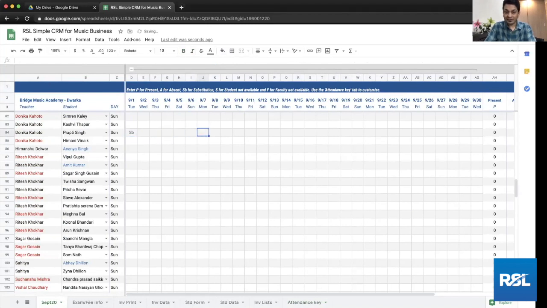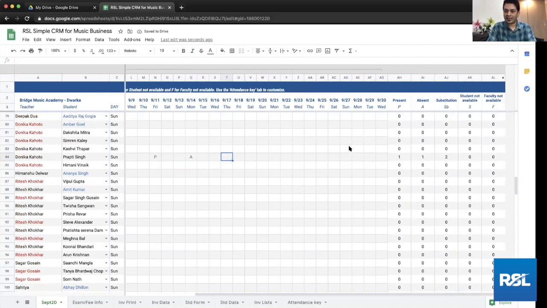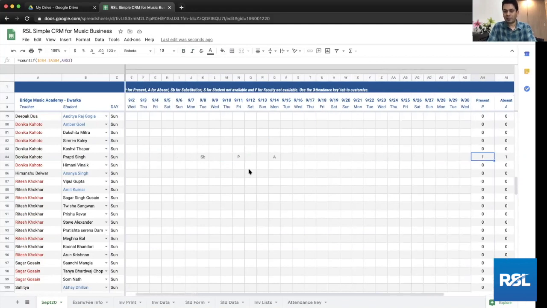If I type anything which is not in the correct format, it's going to pop up. So suppose I say sub, it will show that red triangle there on the top right corner. That means I've entered an invalid input. It is not going to calculate any of these things. So just write SB and you're done. And you can mark present if you like. You can mark absent, whatever you want to type, and it will show you the count of it at the end. There were 2 substitutions. There was 1 absent and there's 1 present, right? So all of these can be managed very well here.